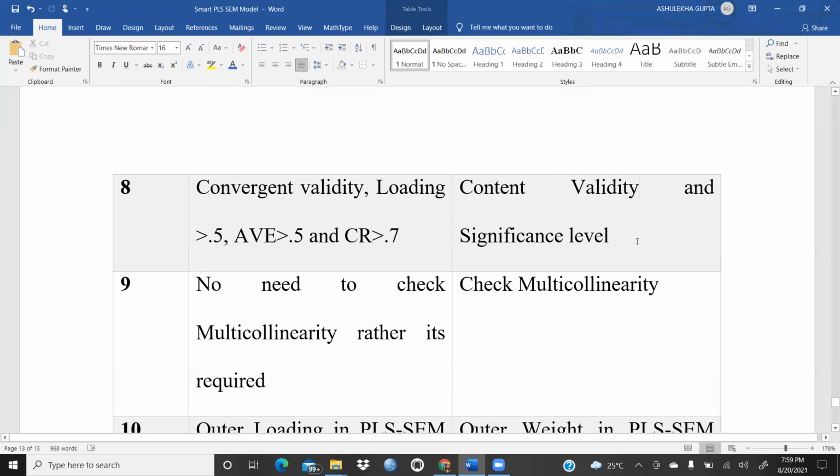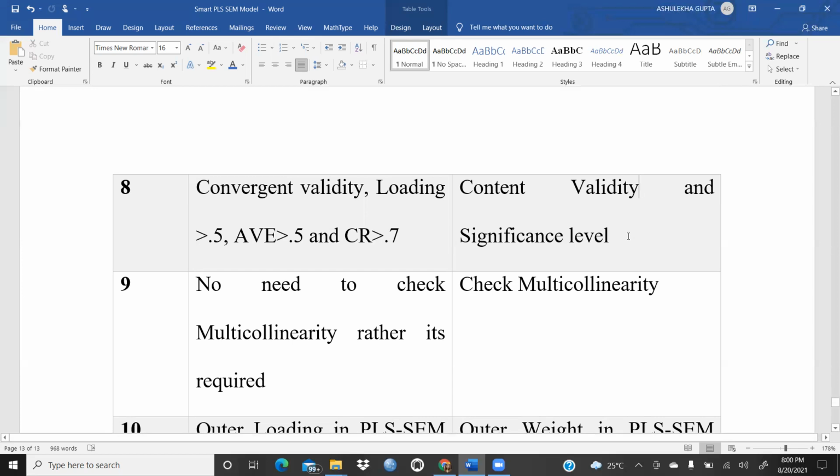And significance level, of course, we have to check, there is the t value. If it is greater than 1.96, that means the significance value is here. These statements are not related to each other.